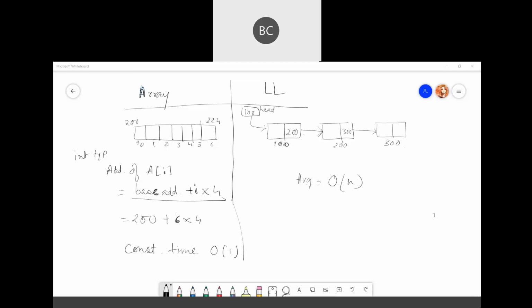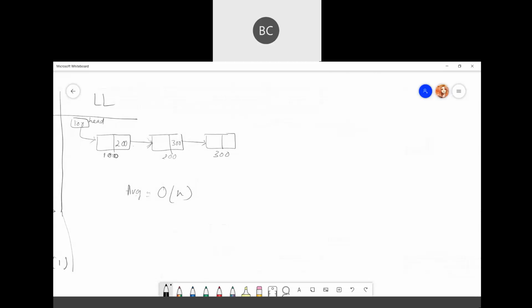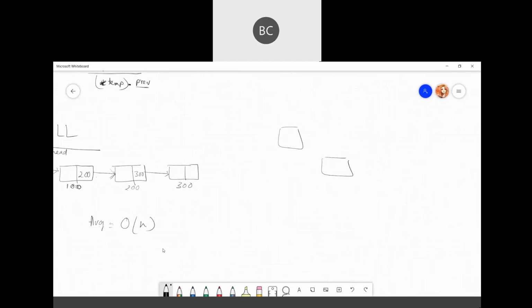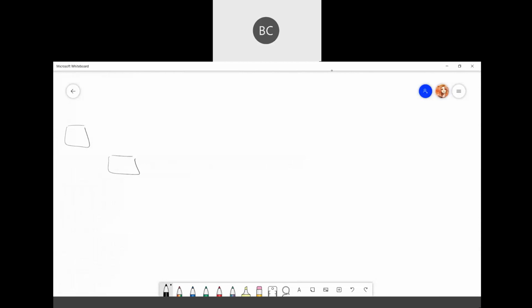Linked list nodes are connected through addresses. It's not together. Maybe your linked list is somewhere else. It's not contiguous, no? In an array, suppose this is your memory.